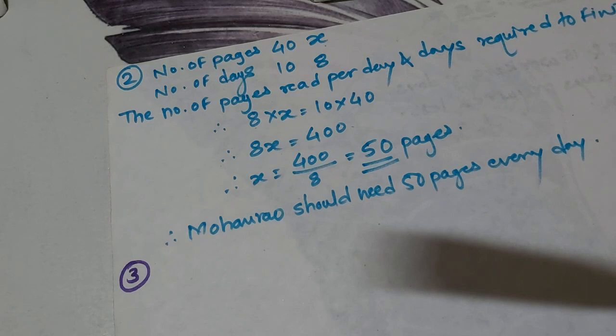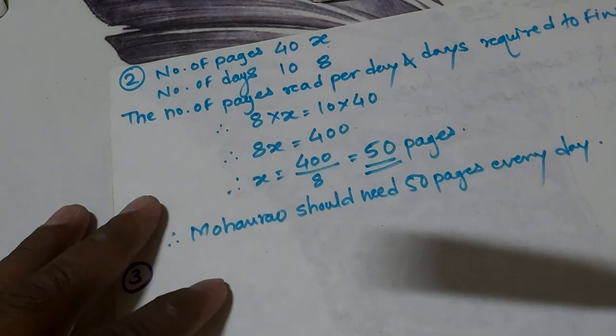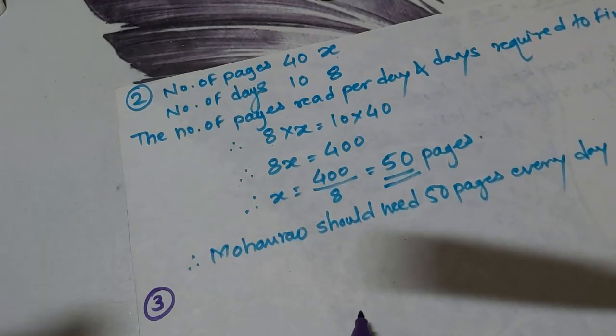Okay, if she cycles at a speed of 4 km per hour, how long would she take? After that they said if her speed is 4 km per hour, then also we have to find the time. Means for both given things, we have to find the time here. Okay, so here again the speed of the cycle is less and the time or the distance is more. Okay, so we'll write our sentence.